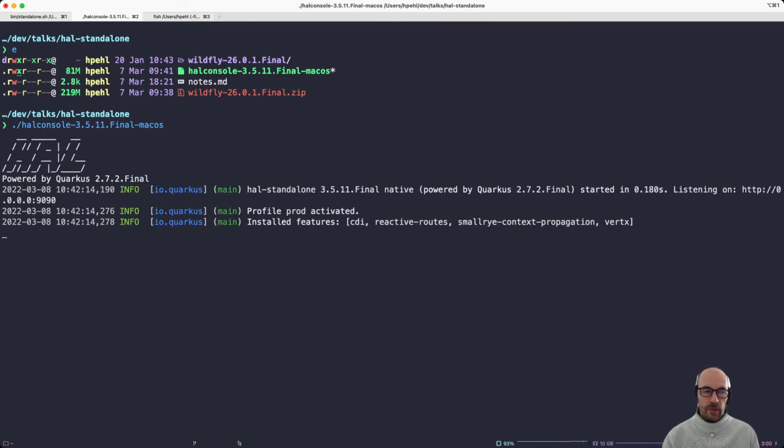The standalone mode, as you see, is an application based on Quarkus. It starts a local web server and serves the static resources of the console. And by default, it uses port 9090. Now, since the